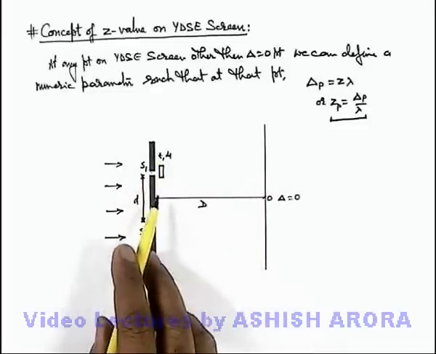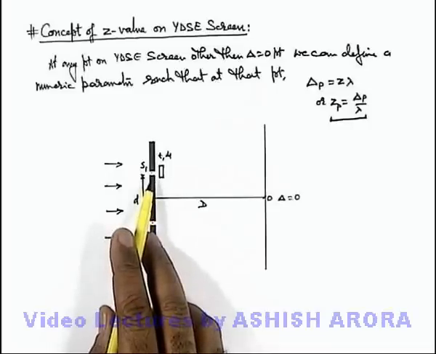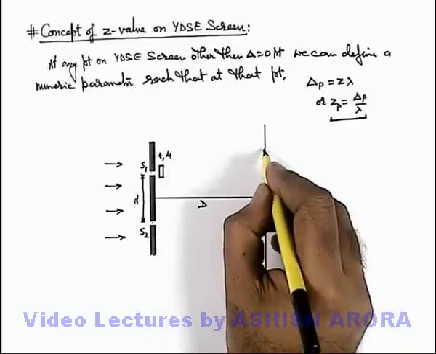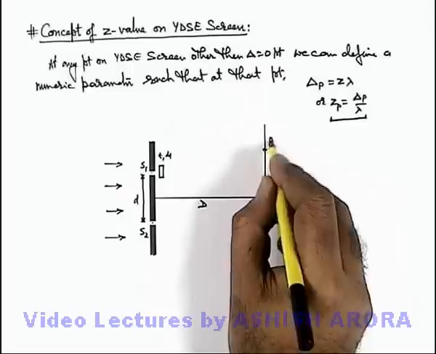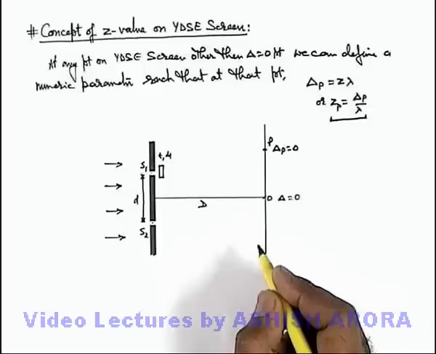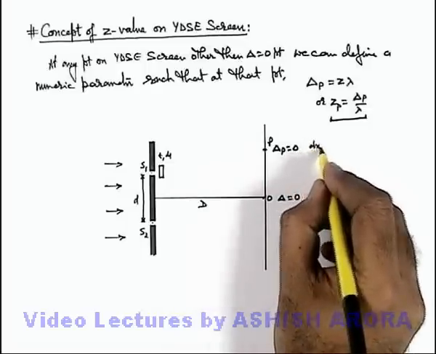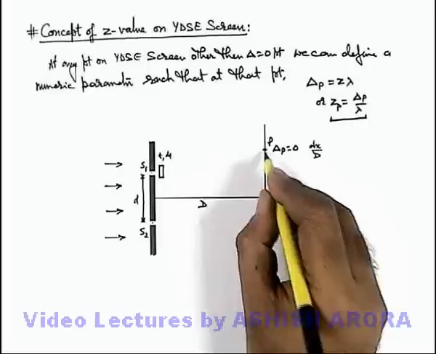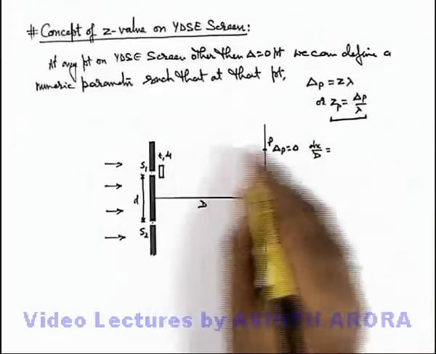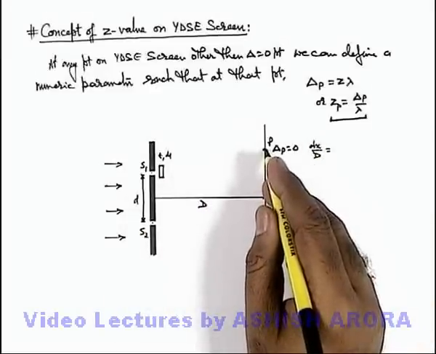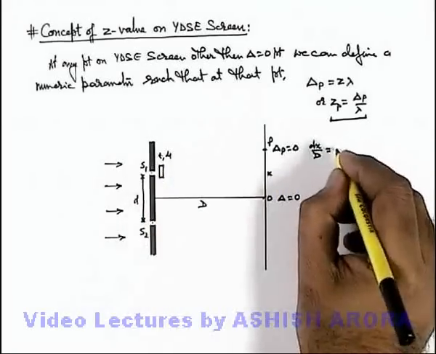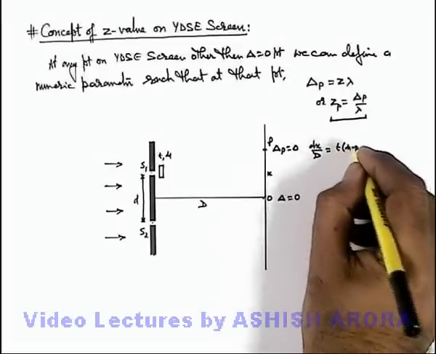We already studied that in this situation the whole fringe pattern will shift in the upward direction and the central maxima reaches a point which is P, and here at point P delta is equal to 0, because this is the point where dx by d, if P is at a distance x from the screen center, is compensating the physical path difference in the two light beams approaching point P, which compensates the path difference introduced due to the thin film, that is T multiplied by mu minus 1.